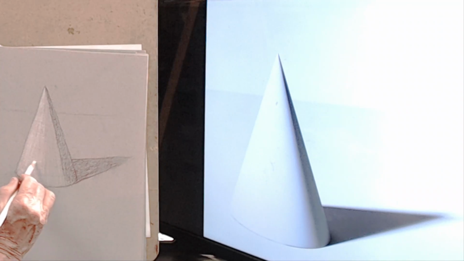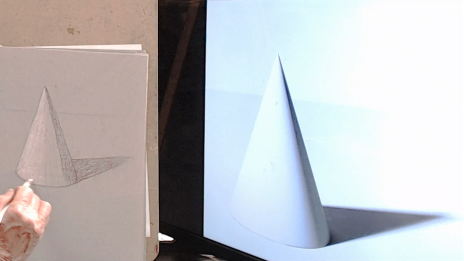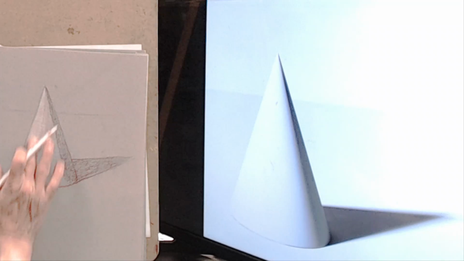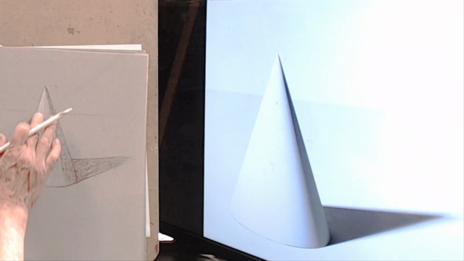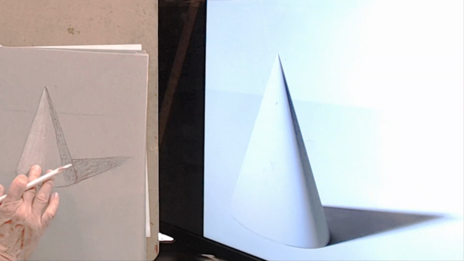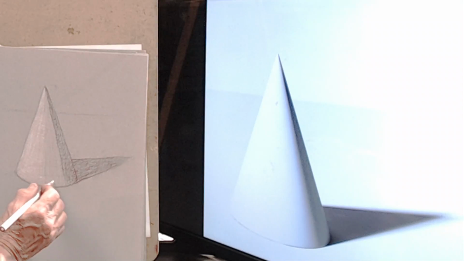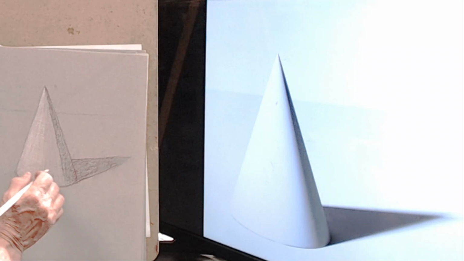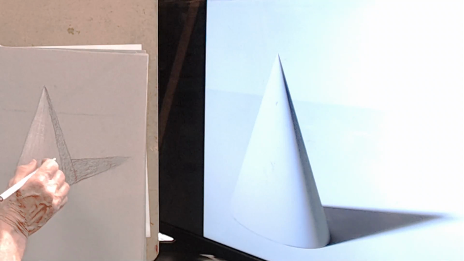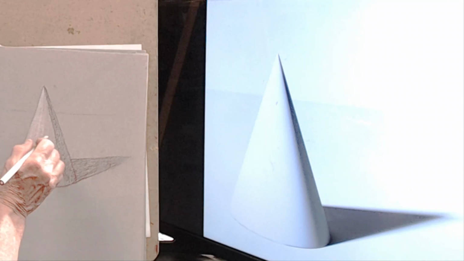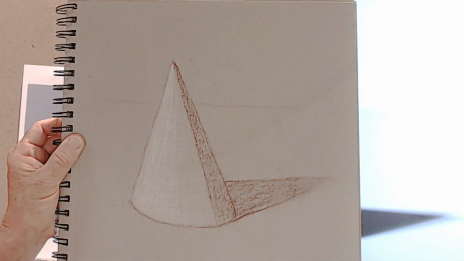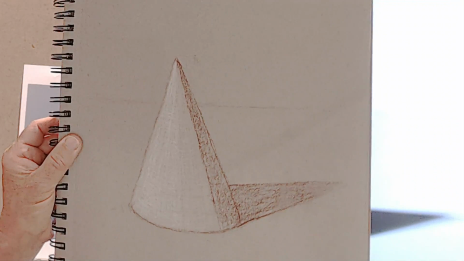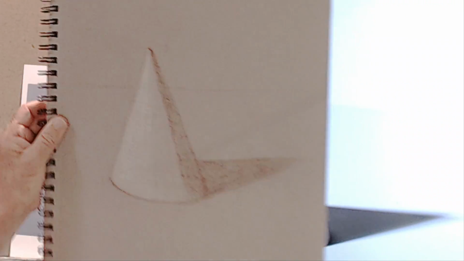All right, I don't know if it's showing up on the camera. Okay. I think so. So can't really blend, maybe a little tiny bit. I don't think so. Maybe if I had my blending tool I might, but I'm allowing a lot of the pencil to kind of have a hatching, almost a hatching kind of a look to it. So I think I'm ready to just kind of go on now for a little bit and start to work